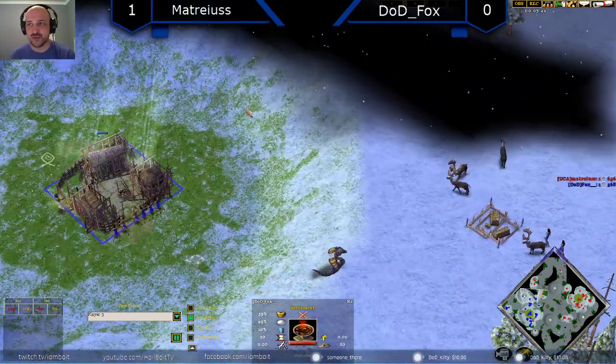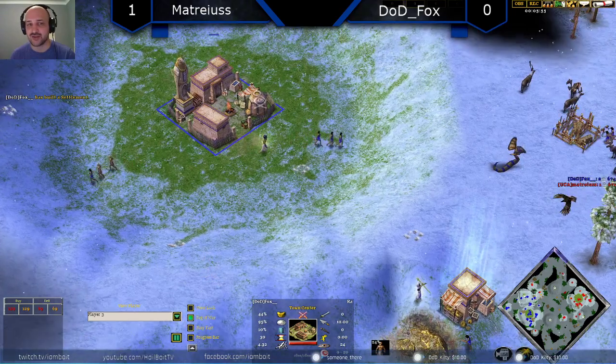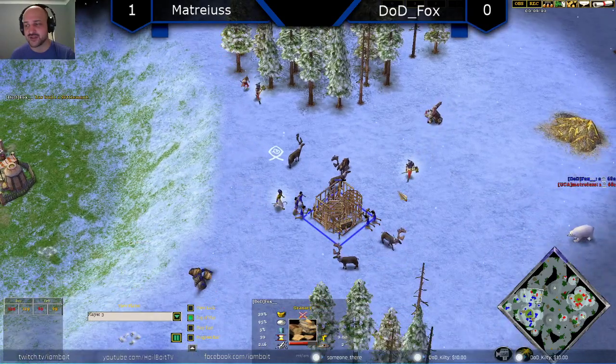Yeah, and there is no real way for Loki specifically. The other Norse gods have some way to do it, but there's no real way to stop this town center from coming up. Shifting Sands is way too strong in the early game to put those pressures on as the